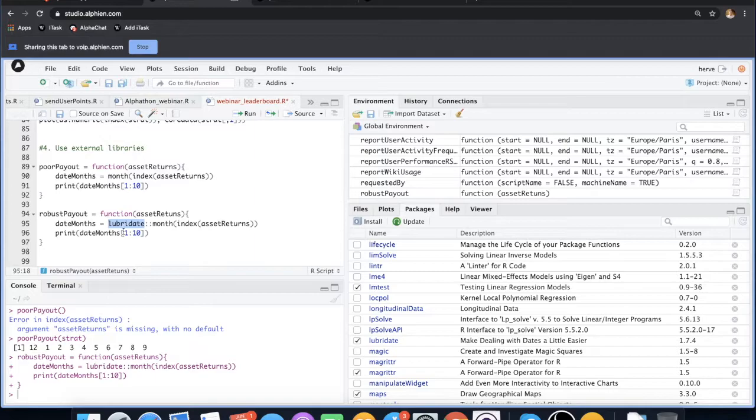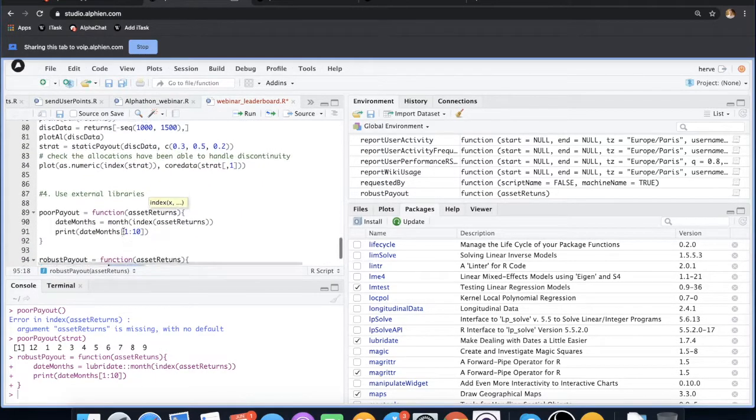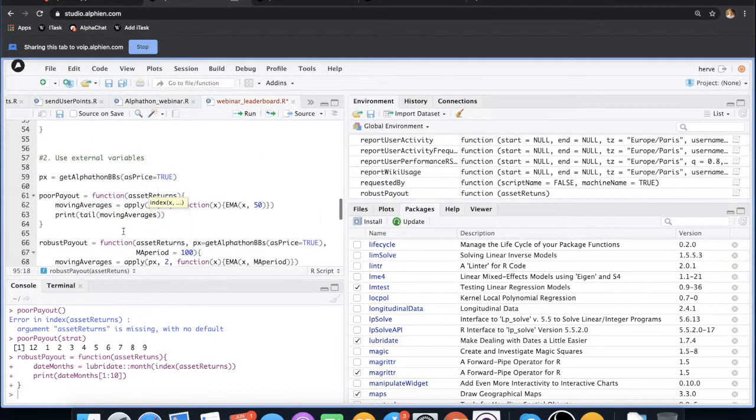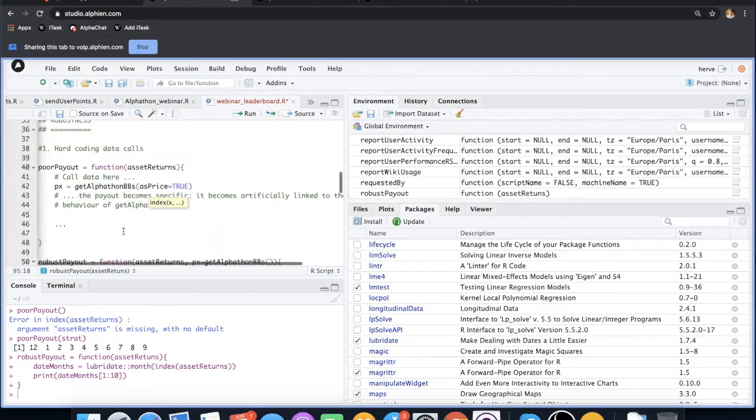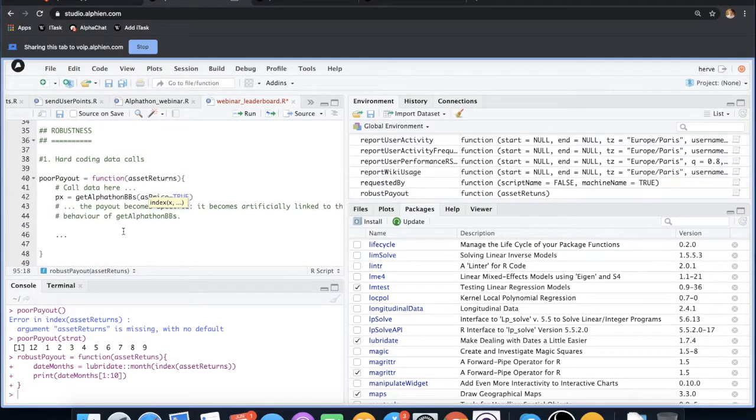By doing all these small refactorings, so all the four cases that we have covered so far, you are going to improve your ranking in the leaderboard.